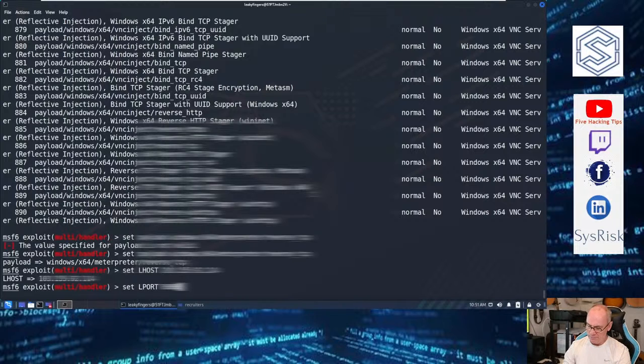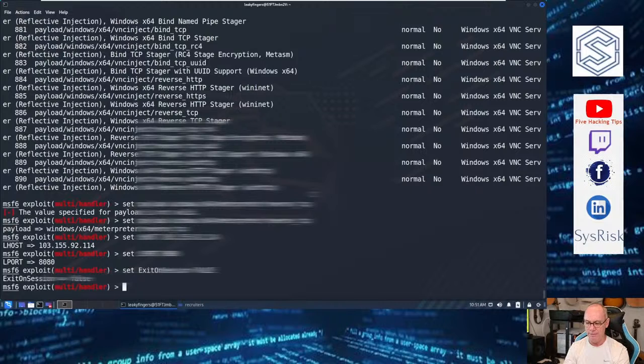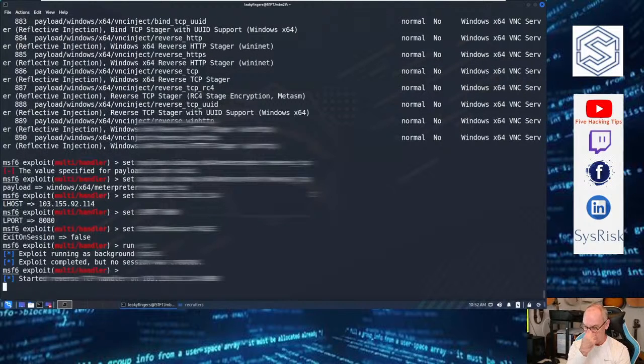So I'm going to set the port here to 8080 because that's actually what I've set up with the malware executable that I've created. And then I'm going to set exit on session. That's going to be false. A lot of times I do it by the textbook, so I use all caps and that kind of thing. Don't worry about using all caps because, as we know, Metasploit tends to be case non-sensitive. So here I'm going to run -j -z, and what this basically does is it starts